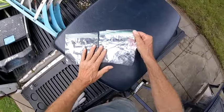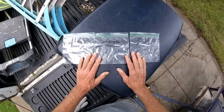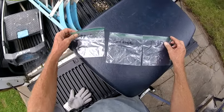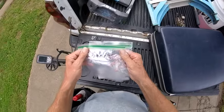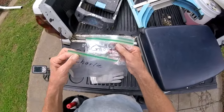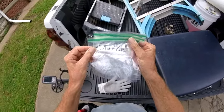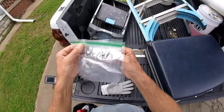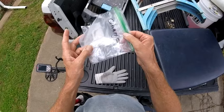I've got these little bags here with Joe's kids' names on them. He's got 3 boys, and I think they all range between about 8 and 11. I'm not sure on that, but just perfect for metal detecting and adventures. So I have Charlie, George, and Jack. I'm going to go in alphabetical order, and whatever I find, I'm going to put in each one's bag, and try to make a fun little game out of it,